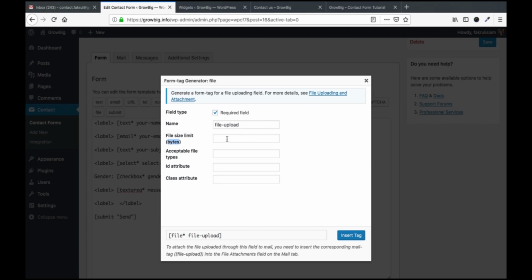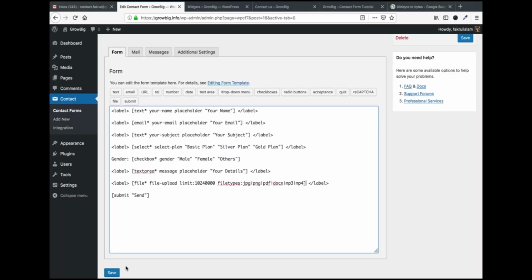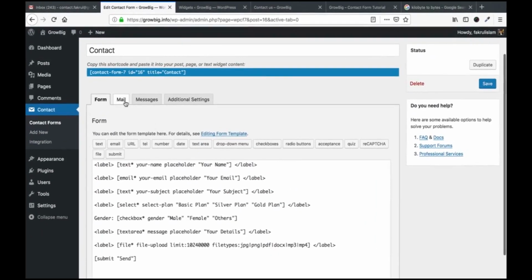Here I am putting 10 MB, and below this, for file format, whatever you put here will be supported: JPG, PNG, or doc file, or MP3, or MP4, etc. Then click save changes, then again click save, and then mail.